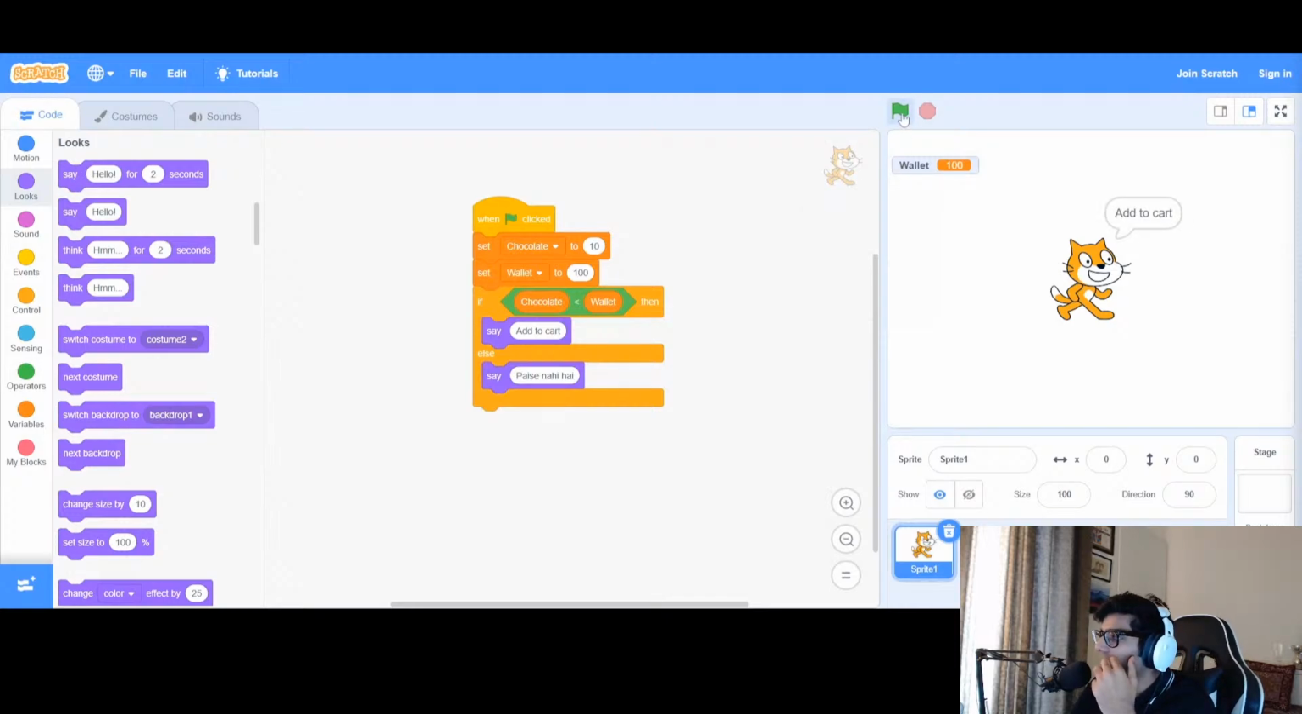अब चलाने के लिए हमको ये ग्रीन फ्लैग पे क्लिक करना है। तो अब क्योंकि चॉकलेट का प्राइस 10 था, वॉलेट में 100 रुपए थे, तो हम ऑब्वियसली चॉकलेट खरीद सकते थे। तो उसने बोला ऐड टू कार्ट और ये खुश हो गया।